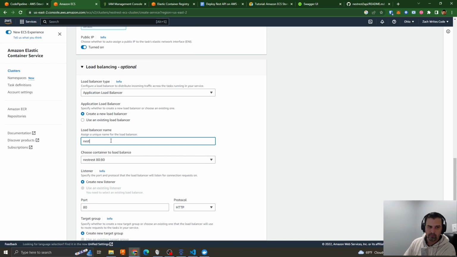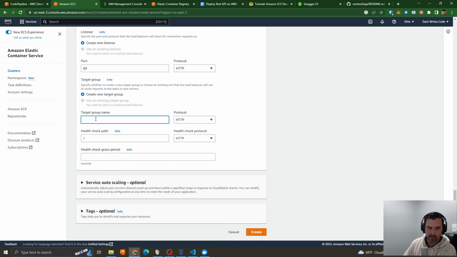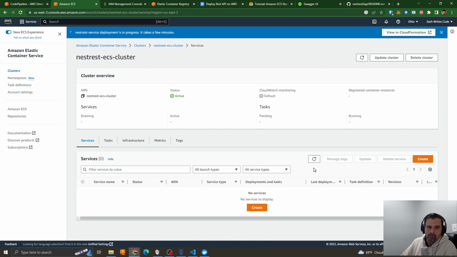Oh, nest, rest, dash, LB. Create load balancer, target group, nest, rest, target, health check path, API, create. Now something's going to happen. Something is definitely going to happen. I promise. Well, while we wait for that to figure its life out, I guess we can read a Docker